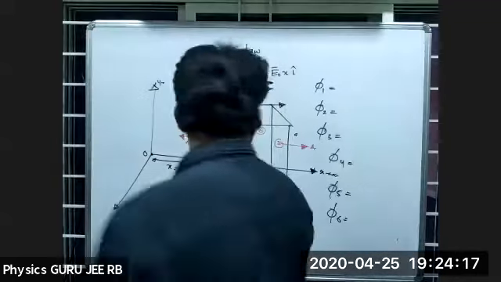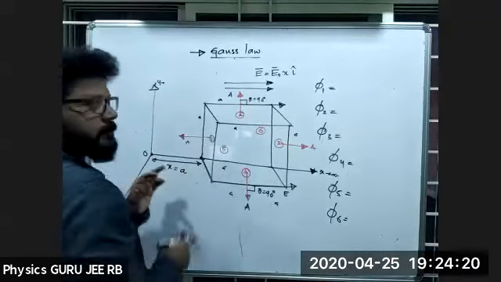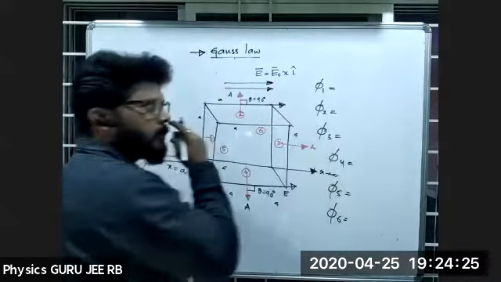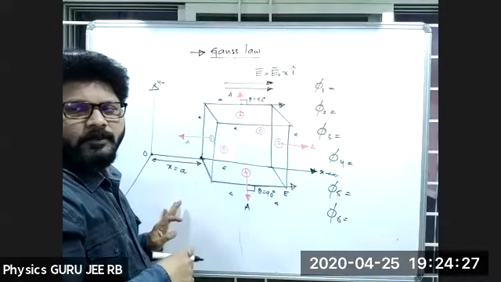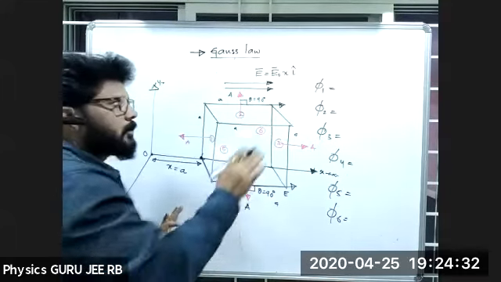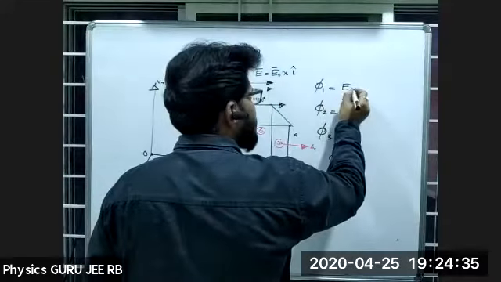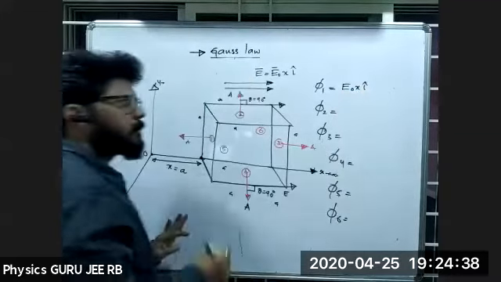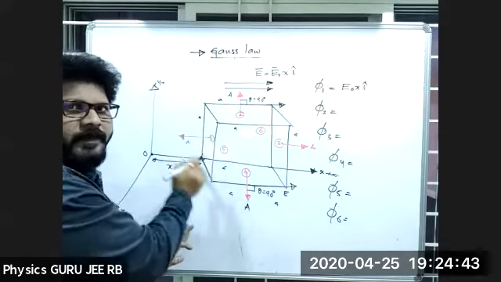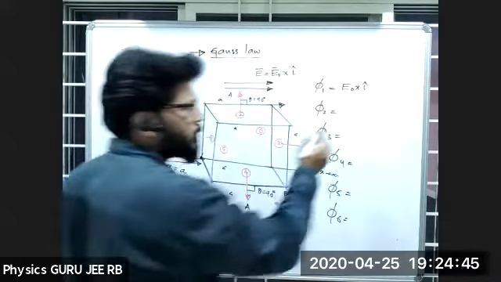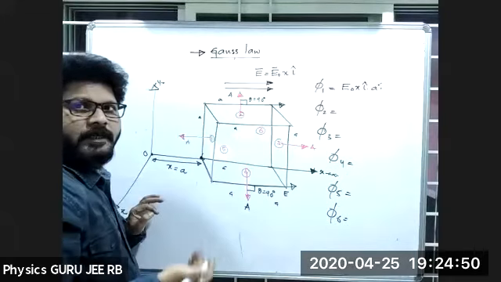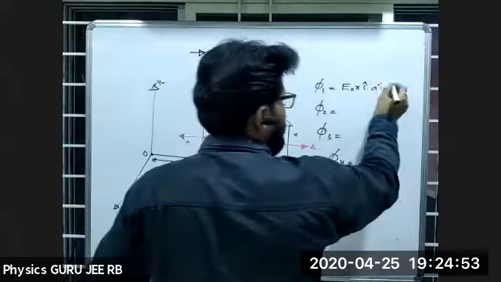Okay, now if I take the first surface, E is nothing but E naught into x. So what is the value of E naught into x? Let me write it first: E naught x I cap. The area is a square. Area and field are opposite in direction, so cos 180 is minus 1, and I can substitute minus 1 here.